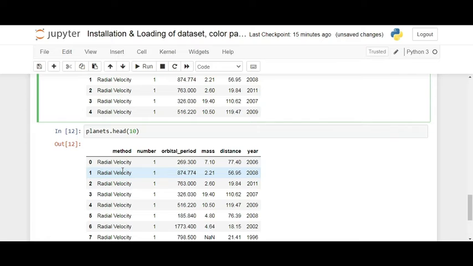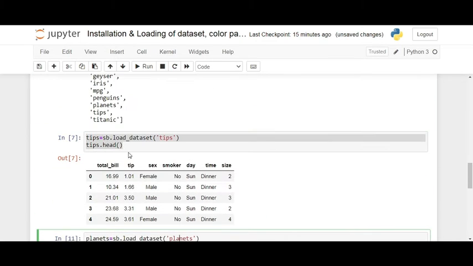A data frame stores the data in the form of rectangular grids in which a row contains the values of an instance, and a column will hold the data for a specific variable, for planets: orbital period, mass, distance, year, or the method. And you can check the others also: total bill, tips. It depends on which data set you are using.